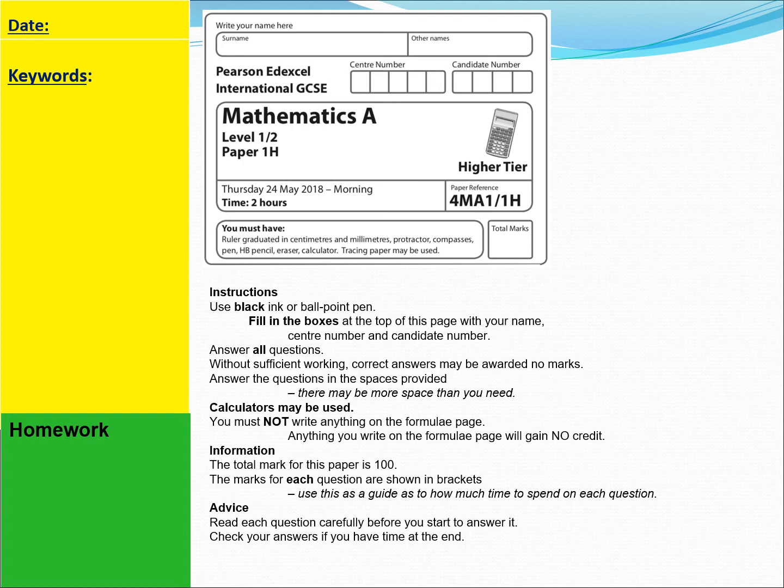We are at the last segment of May 2018 Mathematics A IGCSE paper 1H. So here we will be solving questions